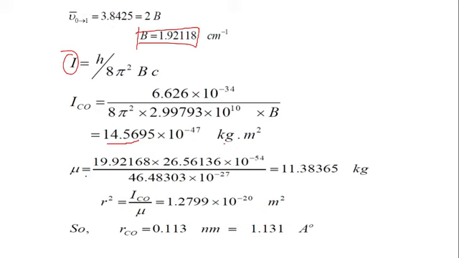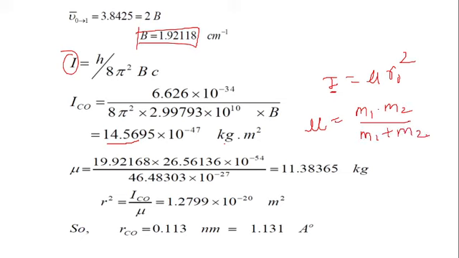Then what is the formula for calculating the bond length? I is equal to mu r0 square. We know the value of I, but we don't know the value of mu. Mu is the reduced mass. How to calculate this? Mu is equal to m1 into m2 divided by m1 plus m2. We have to find the reduced mass of CO, so we must know the mass of carbon and oxygen. The carbon having the mass 12 and oxygen having the mass